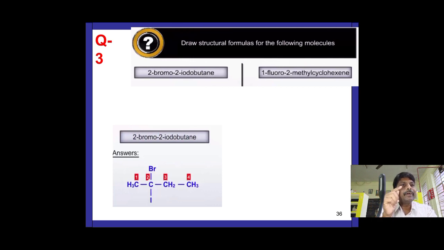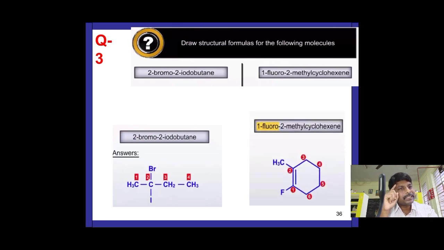Like that, the second one, cyclohexene. You make one cyclic compound, a ring with six carbons. Ene: you keep one double bond at one position. That is, you start the first carbon of the double bond as the higher priority, position 1. On the second carbon you write CH3, methyl, and on the first carbon one F, fluorine. So 1-fluoro-2-methylcyclohexene. So that is question 3.